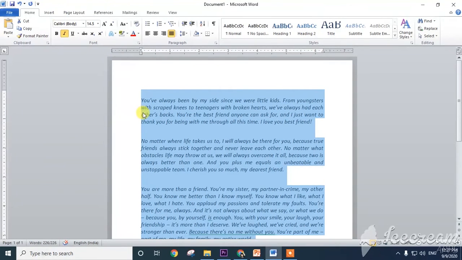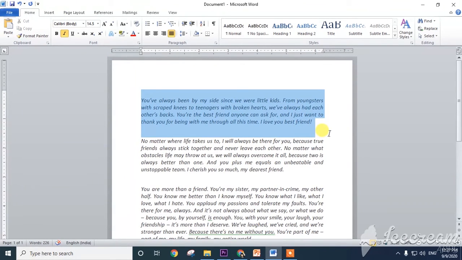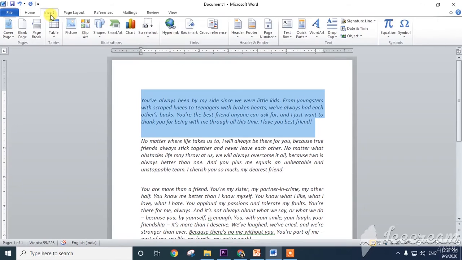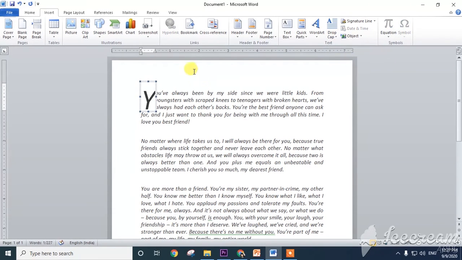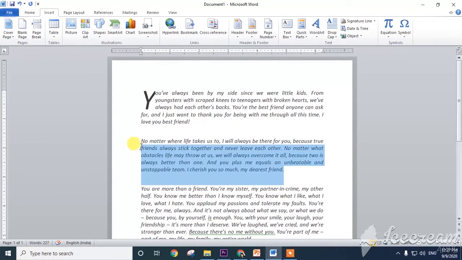How to insert drop cap? First of all, select the paragraph and click on the Insert tab and go to the Text group. There is a Drop Cap option. Select that one and click the second option or third option, your choice. I'm selecting the second option. Now see here, the paragraph starts with a big capital letter. Now the second one, I want to give it here also.